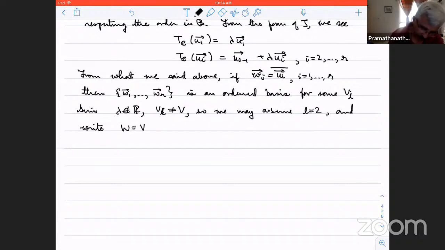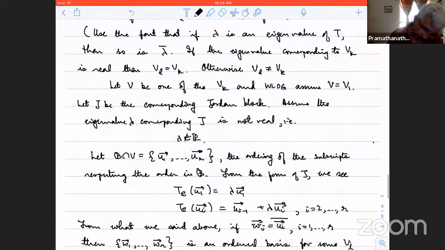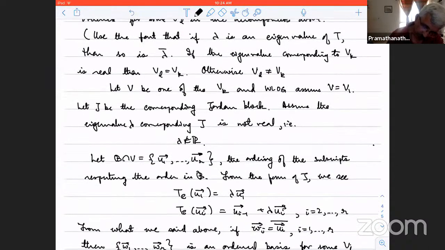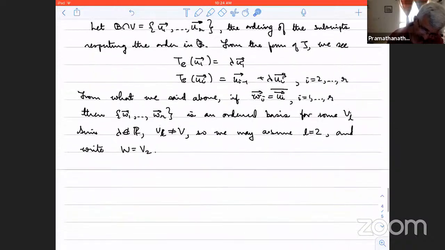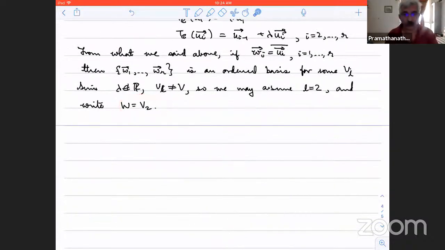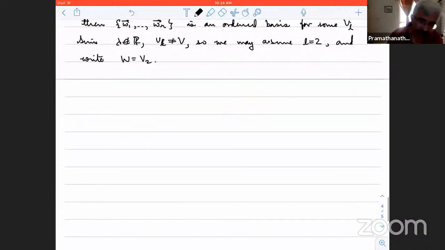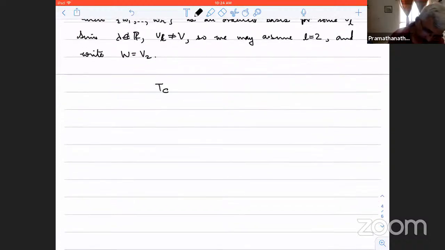So W equals V2. Without loss of generality, we assume that V is V1, and we'll assume W is V2. From what we have seen, TC of W1 is equal to lambda bar W1, because the conjugate